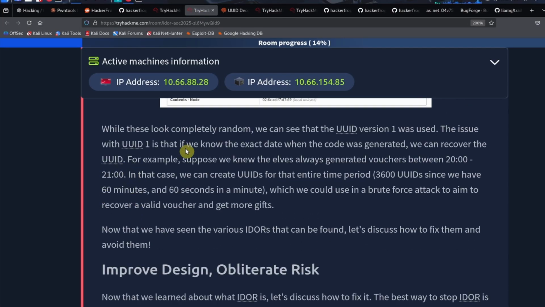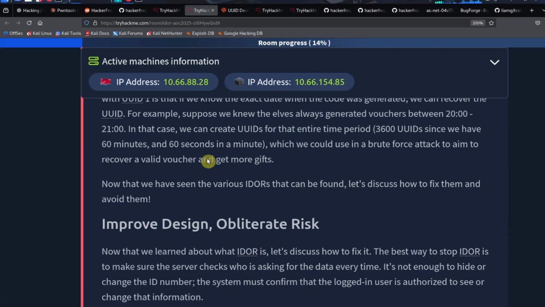Okay. So while these look completely random, we can see that UUID version 1 was used. The issue with UUID 1 is that if we know the exact date when the code is generated, we can recover the UUID. So for example, suppose we know that the elves always generated vouchers between 8 o'clock and 9 o'clock. In that case, we can create UUIDs for that entire time period,